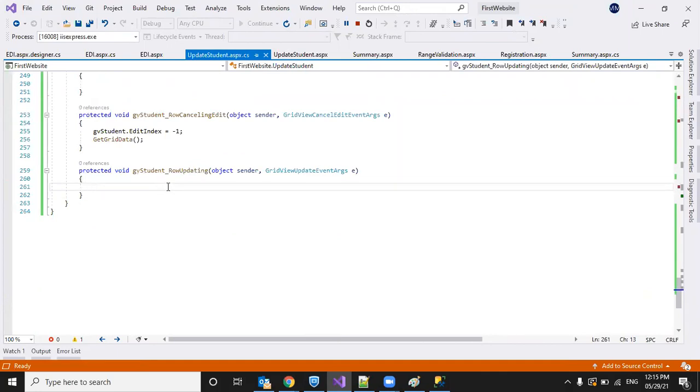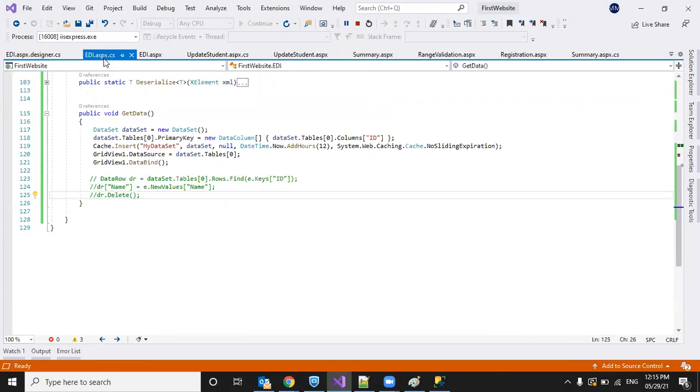For now, while updating the row, I have that code already.